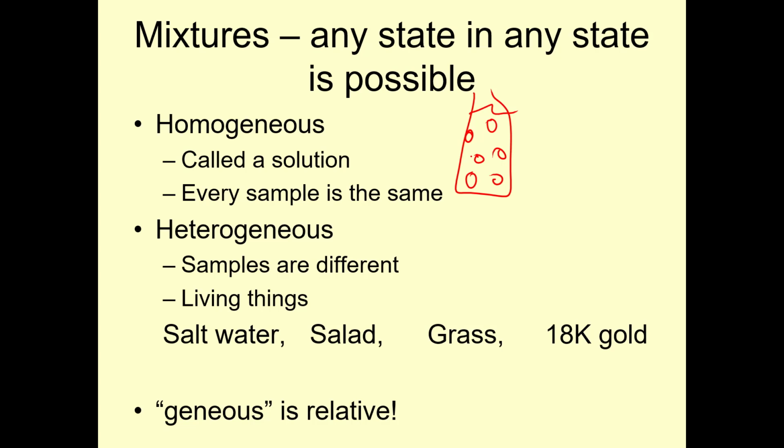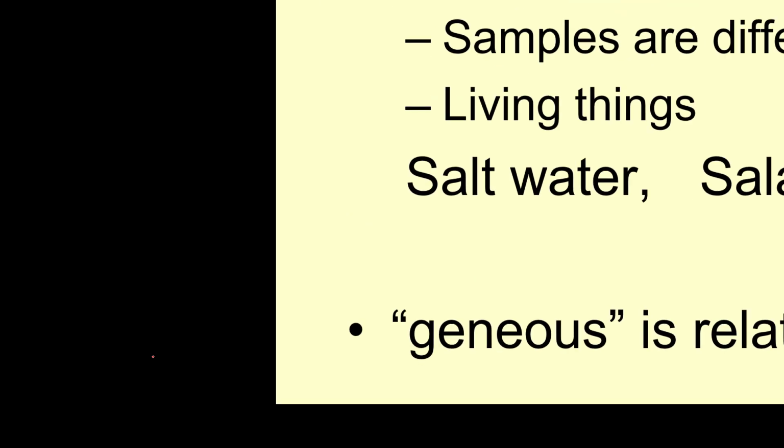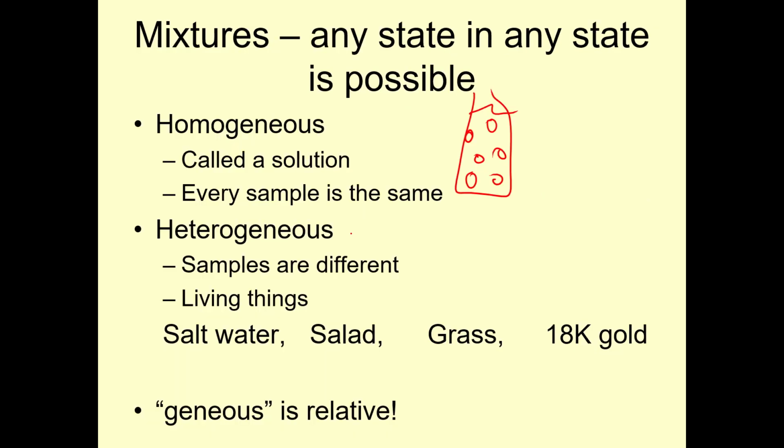So salad, grass, 18 karat gold. Oh, by the way, salt, here's samples. Salt water is homogeneous, because every sample would be the same. When you drink it, they're all just as salty. Some of you might say there's layers of salt in the ocean. Yeah, but if I just have salt